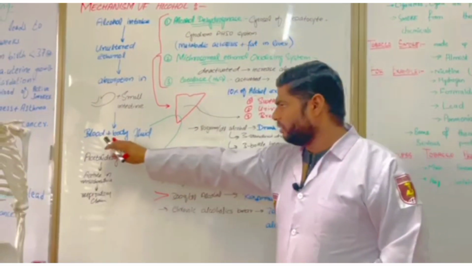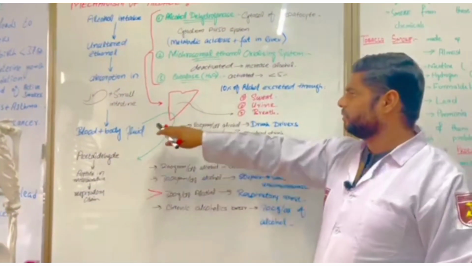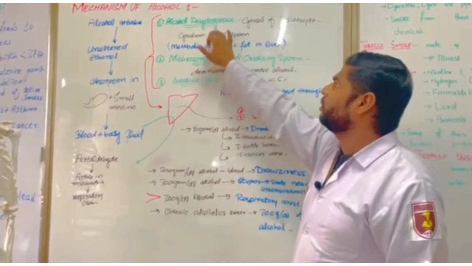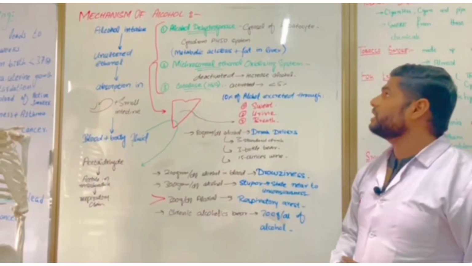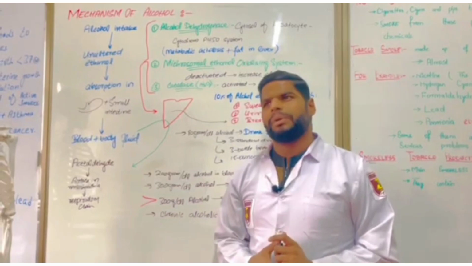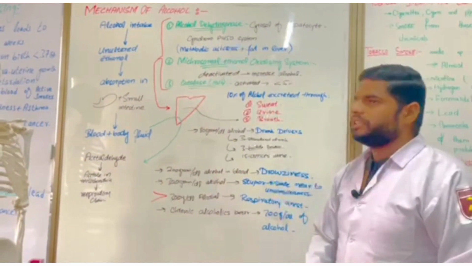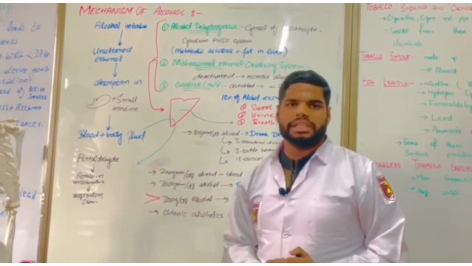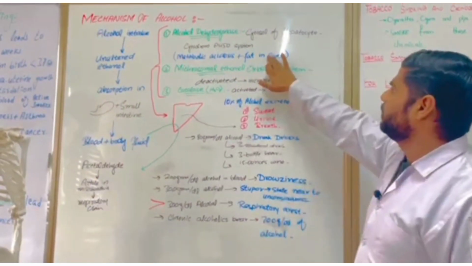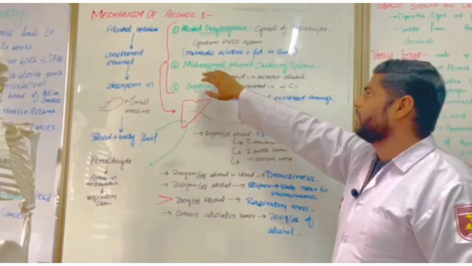As we know, there are some enzymes present in our body, especially in the liver. When the ethanol from the blood passes through the liver, it is acted on by some enzymes. There are 3 enzymes in our liver. First of all, alcohol dehydrogenase, an enzyme present in the cytosol of the hepatocytes. And there is a system called the cytochrome P450 system, which helps in the production of metabolic acidosis. Acidosis is an increased level of acid with a decrease in pH, and also an increased level of fat in the liver. Fat drops in the liver are also increased with the help of the cytochrome P450 system. And the second one is